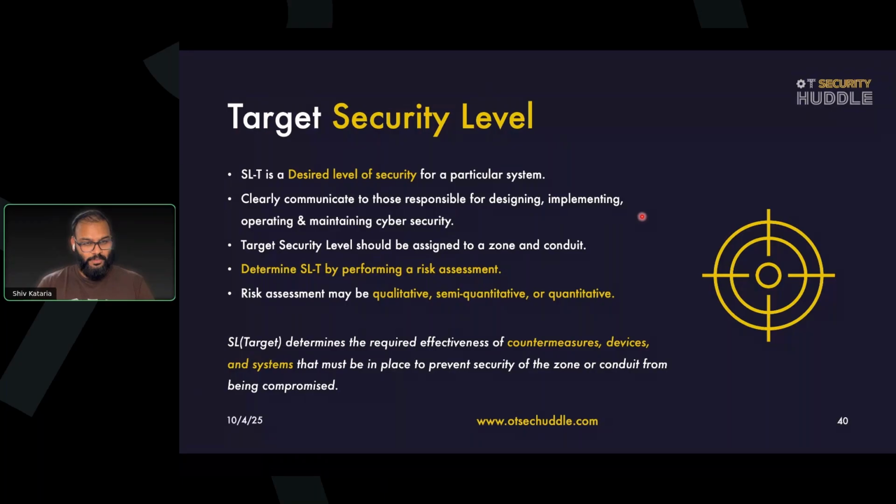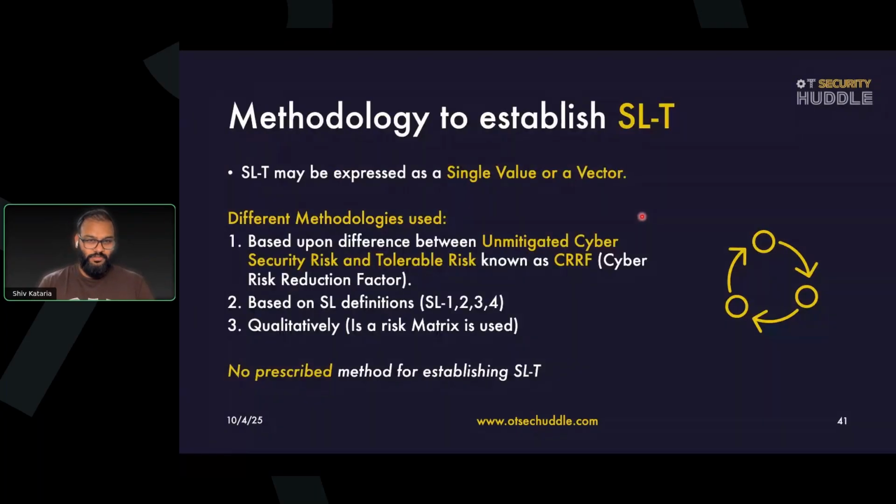There are multiple different methods to do that. One of the methods which was also prescribed in IEC 62443 earlier is called cyber risk reduction factor. The standard says that you could use different methods, but the cyber risk reduction factor is basically dividing your unmitigated risk by your tolerable risk. It gives you a factor, and then you could map these factors to different security levels, which will then be